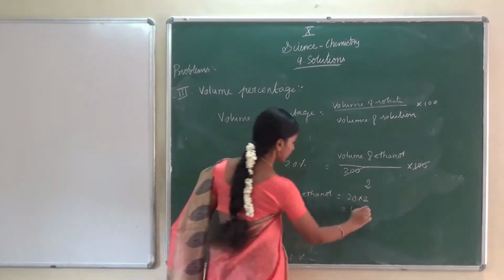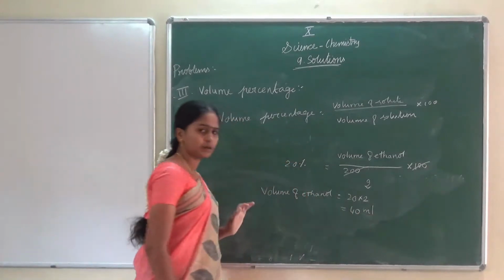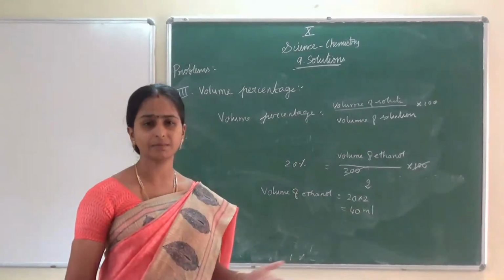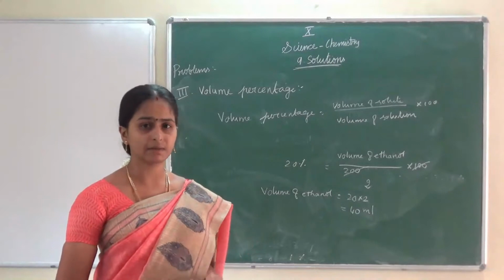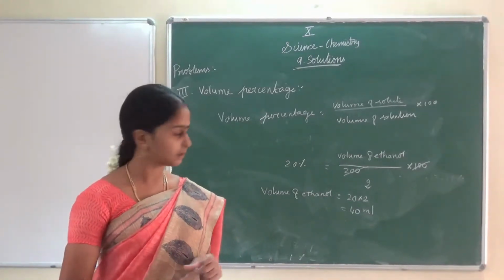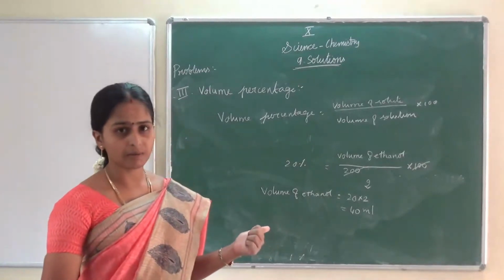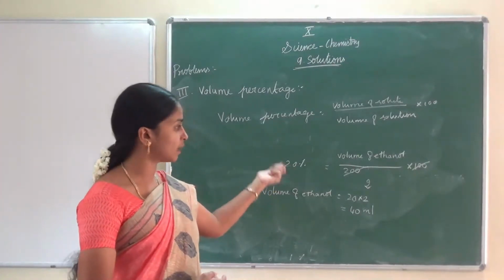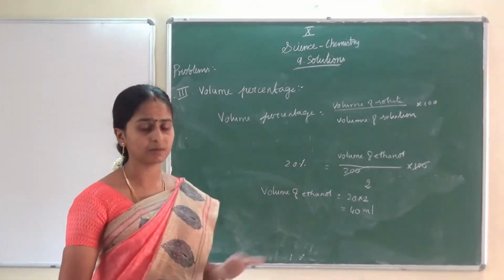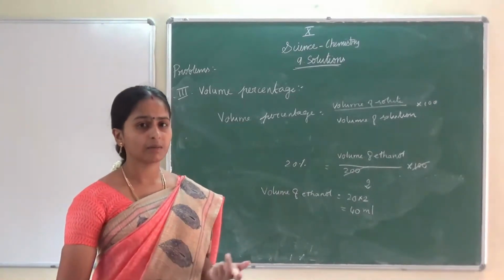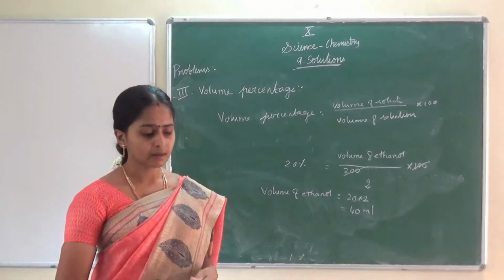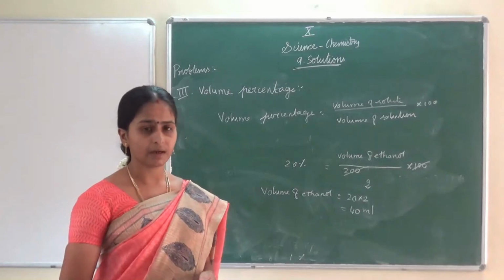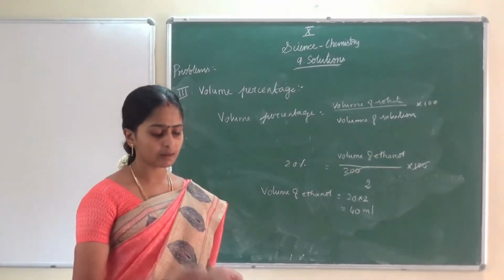Since it is volume, we have to write it in the units of ml. So 40 ml. That's all, children. Just go through all these problems, very simple problems. Surely you will get 2 marks from this. For example, the urea problem, find the mass of the solute, or find the volume of ethanol. This type of problem you will get in 2 marks. The remaining problems we can expect in 1 mark. So go through the problems, very easy and simple. Don't miss them in the exam. If you have any doubt, you can ask, work it out and see.